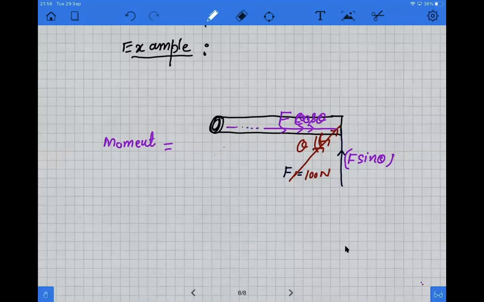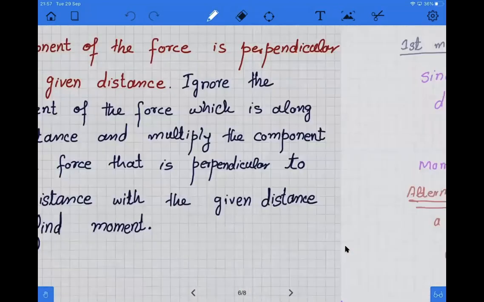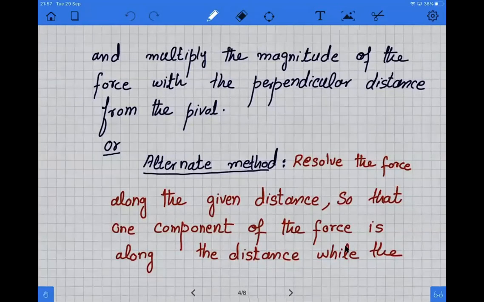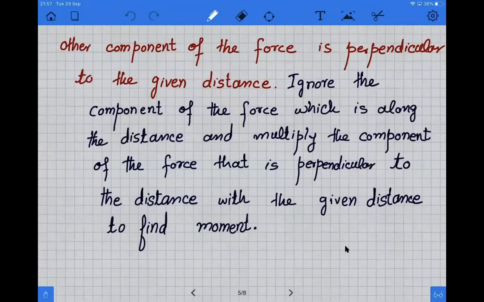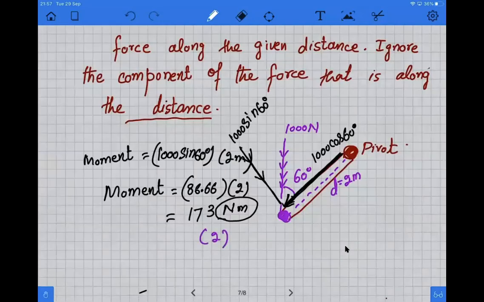Let's suppose whatever this distance is, we should write moment is equal to F sine theta times the distance, which will remain whatever it is given. The distance that we have to take is the given distance, that is 2 meters. In the start of the question, a distance was given. It is here. So you will take the distance from the pivot. So all of this is written here as well. The distance in our question was just 2 meters. So if you multiply 173 into 2, the answer would be